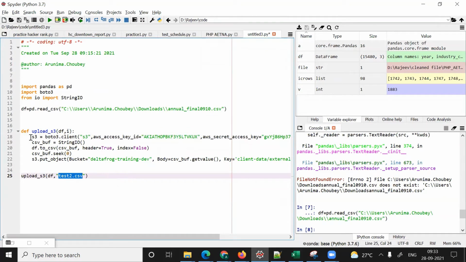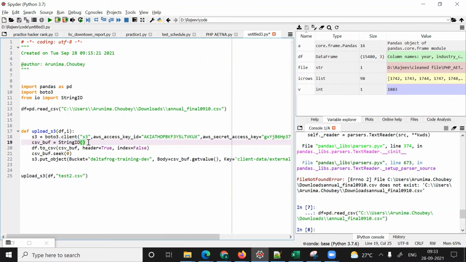To access any AWS services, we have to use the Boto3 package. So Boto3 client, and I'm giving the access key and secret key here. And this StringIO is to read input output buffers, real-time stream data.